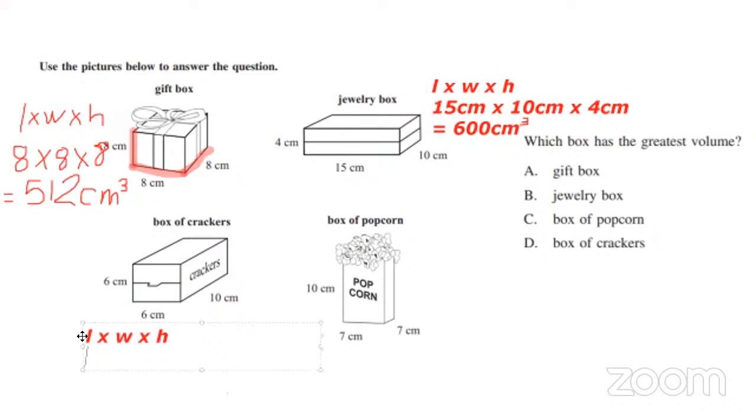So let us go. I'm going to write 6 centimeters times 10 centimeters times 6 centimeters. And when we have done our calculations, all right, guys, we would have had our 360 cubic centimeters. Remember, the answer cannot be correct if we don't have the little cube on it,